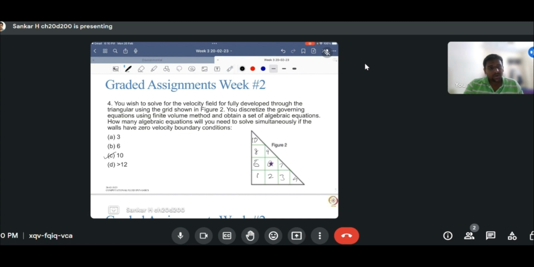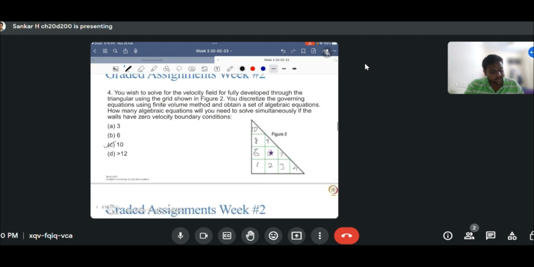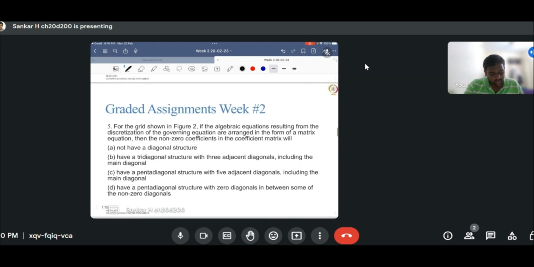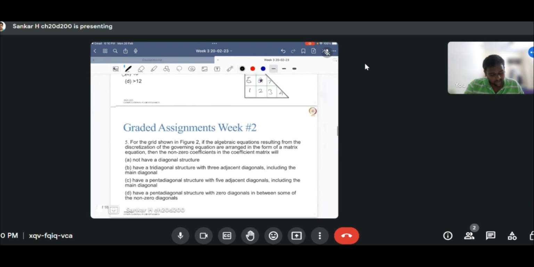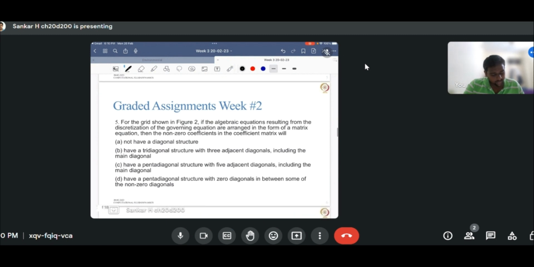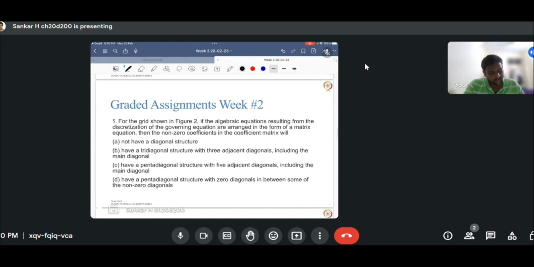Regardless of how the geometry of the segment is, there will be 10 segments that we need to discretize, and we need to solve therefore 10 algebraic equations. Now again, for the grid shown in figure 2 as above, if the algebraic equations resulting from the discretization of the governing equations are arranged in the form of a matrix, then the non-zero coefficients in the coefficient matrix,